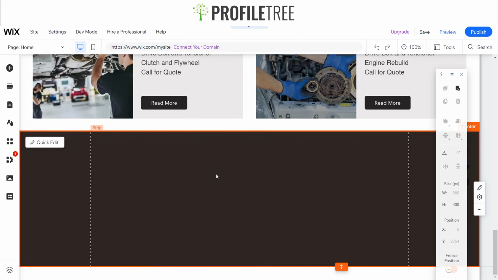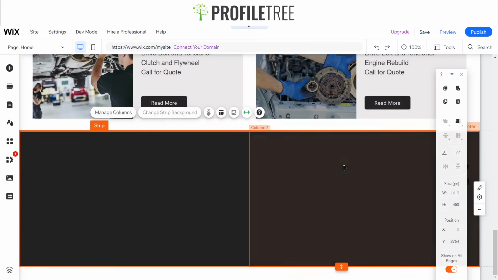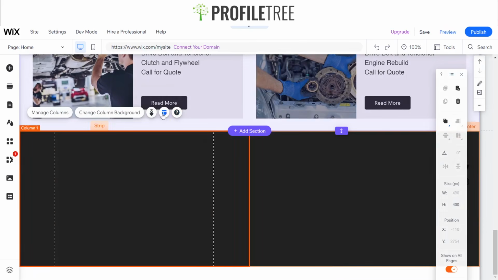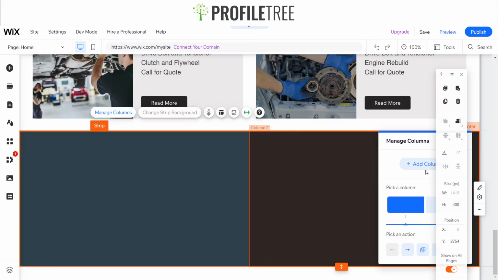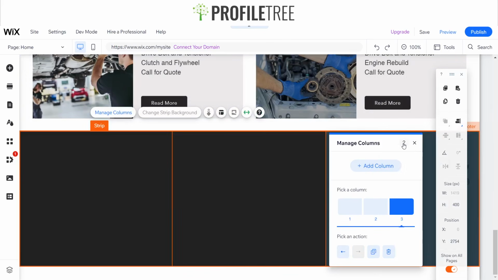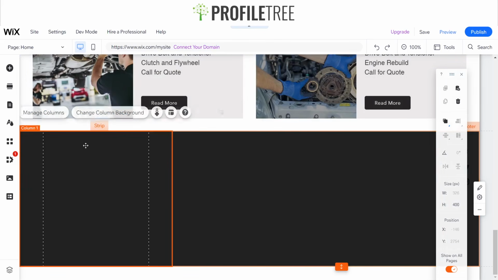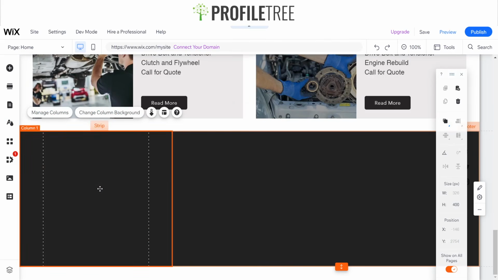Okay, anyway. What we'll do is we'll change out the layout a little bit because I want 4 columns in this. We'll manage the columns. So I'm just teaching you guys that this is an easy build if you're using Wix. And it's a great platform. We'll also explore a little bit of the GoDaddy if we have time here. So we'll manage the columns. Let's have a look. And then this is where you would put your